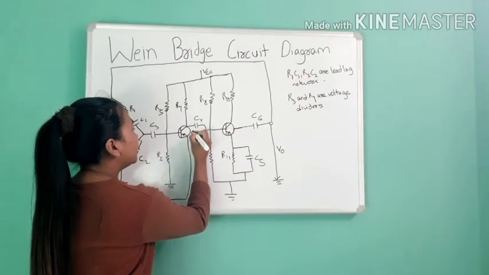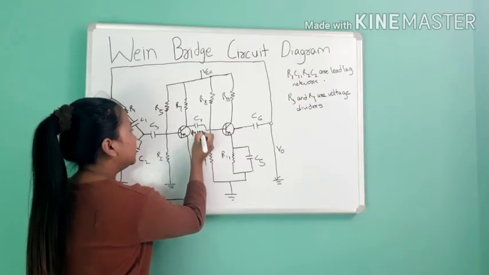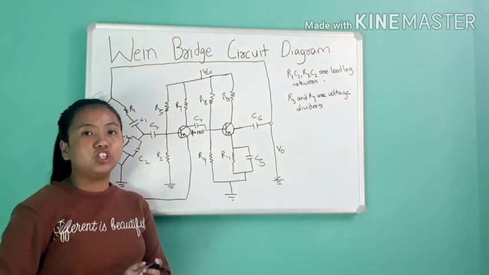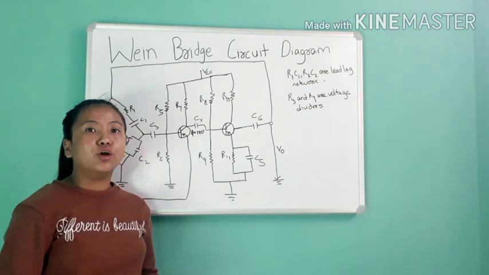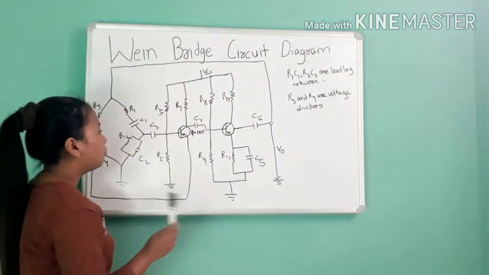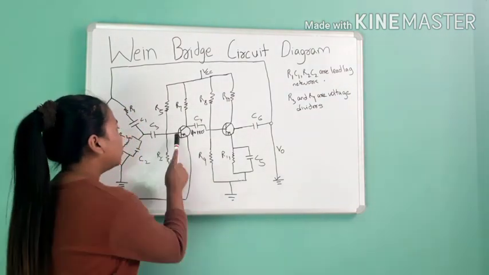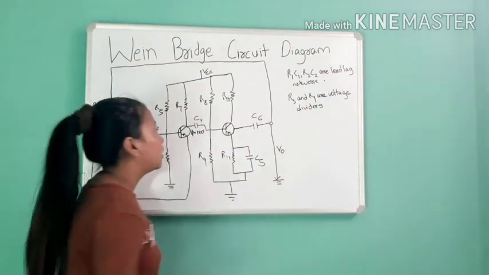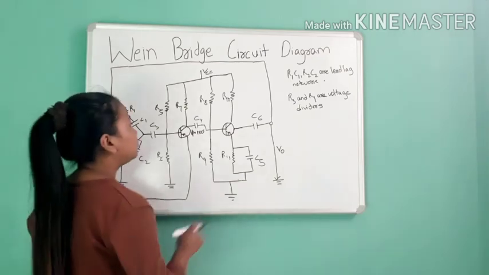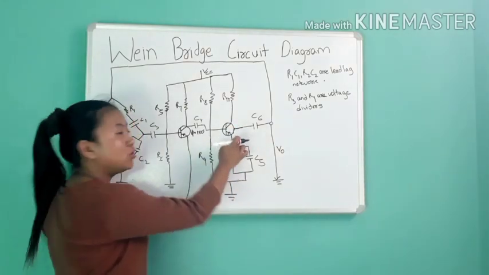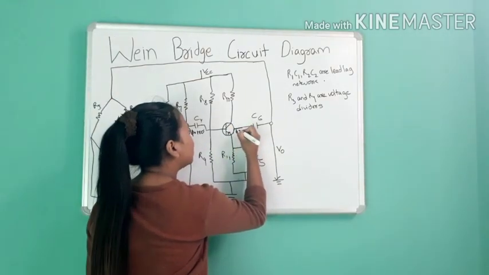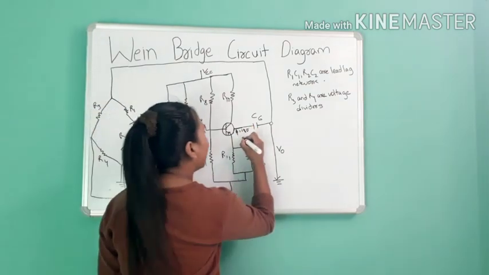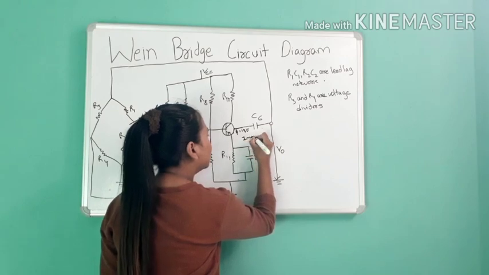And so the phase shift is 180 degree. But according to Barkhausen criteria, the phase shift must be 360 degree. So the phase shift difference between input and output must be 360 degree. So this second circuit produces phase shift of 180 degree, which is also called as inverter